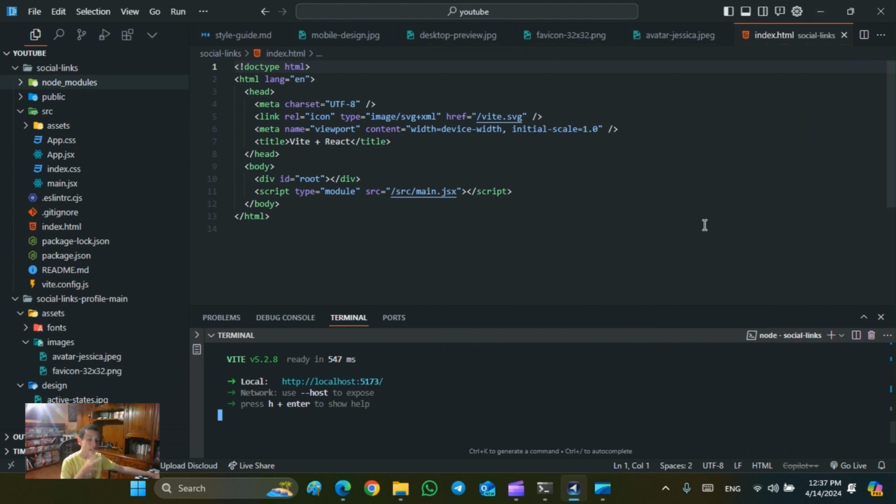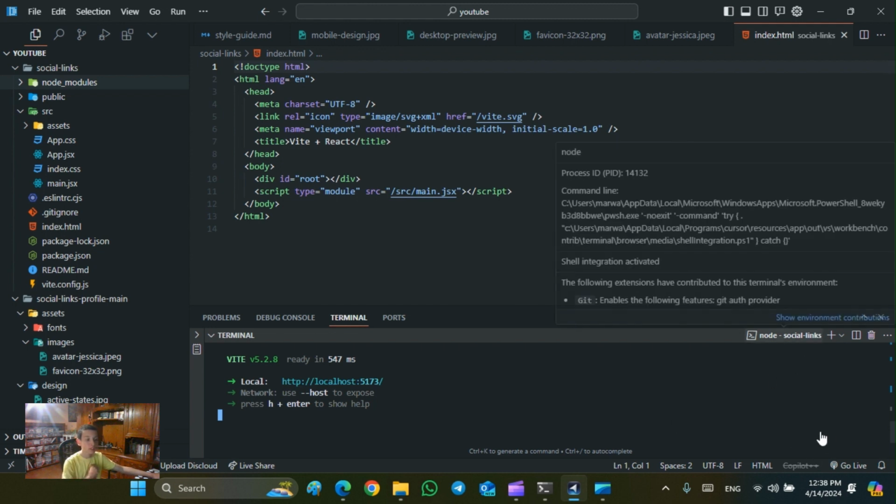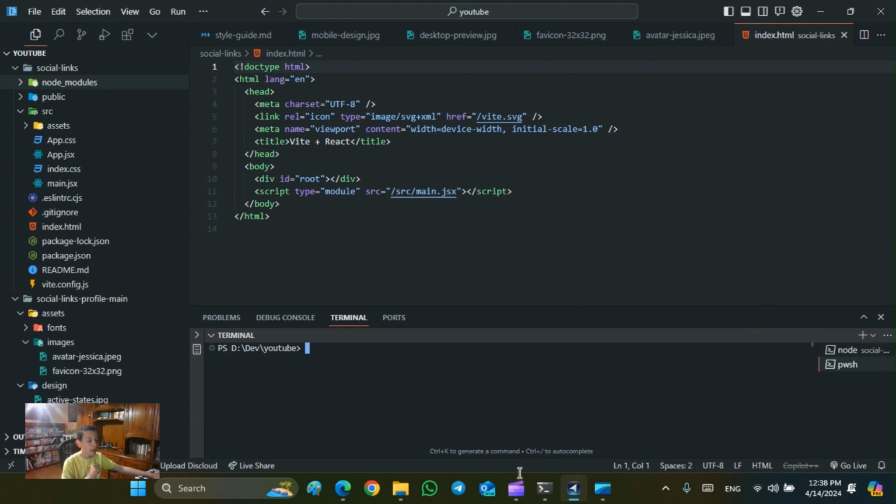What I want to do now is actually install Sass so we can use it. So I'm just going to open a new terminal and cd into social-links